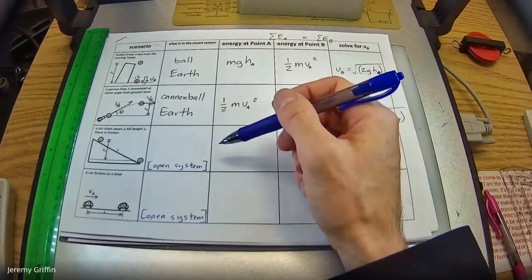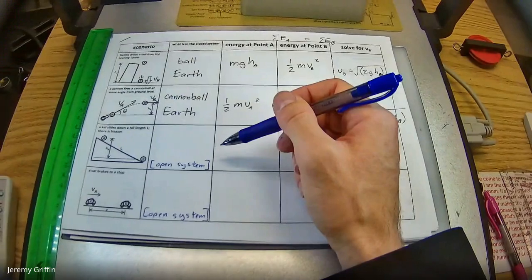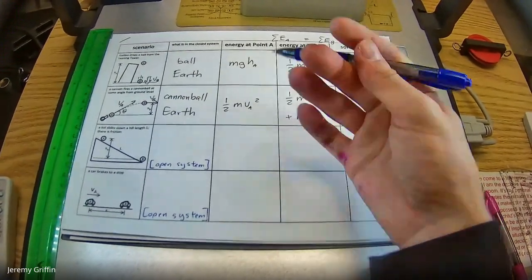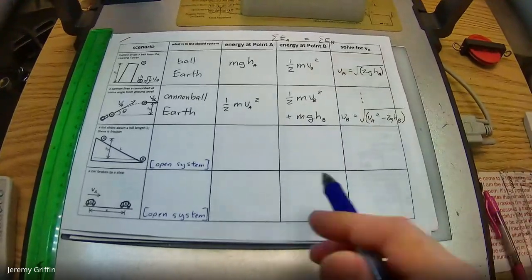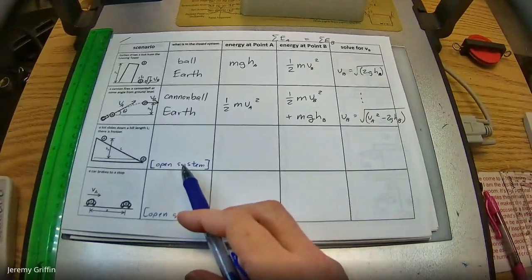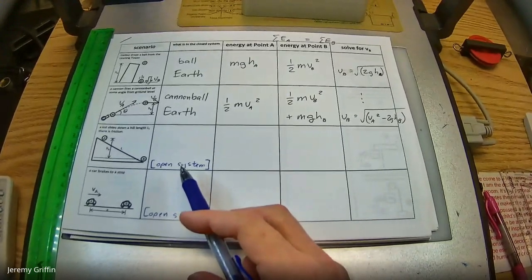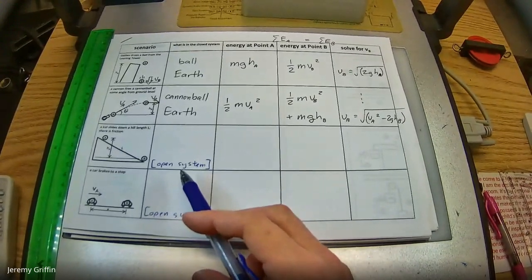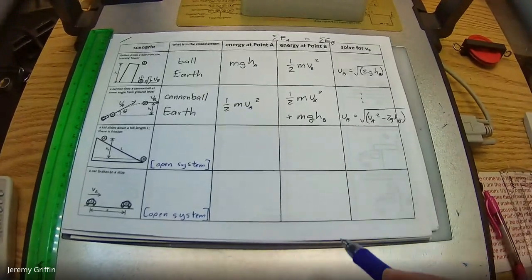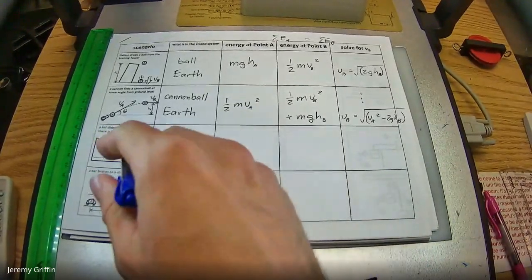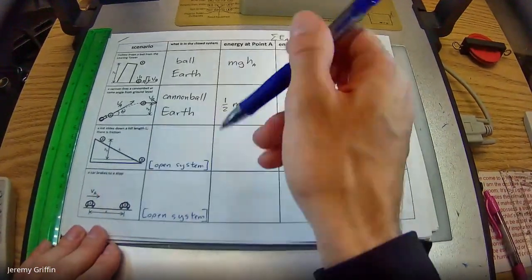A closed system means that there's no external force and there's no work being done on or by the system. So everything's self-contained, and if everything's self-contained, then energy is conserved. If the system is open, though, there can be an external force doing work on the system, which means that there might be an energy transfer into or out of that system. You can still do energy accounting, but say if there's work done by friction, some of the energy would go that direction. So, kid sliding down the hill,